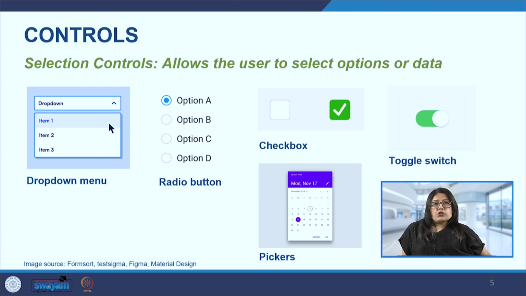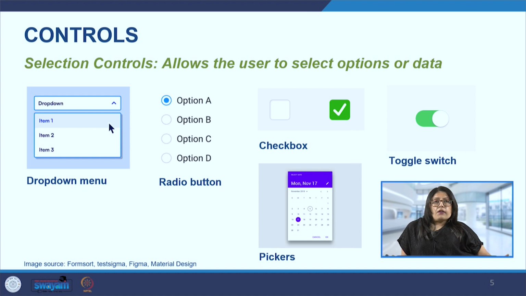Then how this information is presented: with the drop down menus, we can see here how the menu rolls in front of us and it allows the user to select one option from that list. Then we have the list boxes. Here the display of options is presented and multiple options can be selected. And also we see the toggle switch here, wherein usually there are just two options, which is a binary selection, whether it will be on or off. So here the choices are limited.